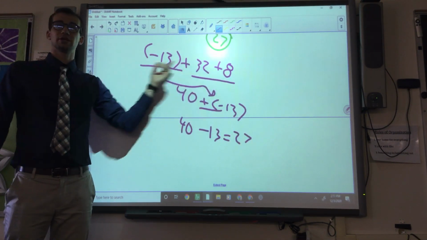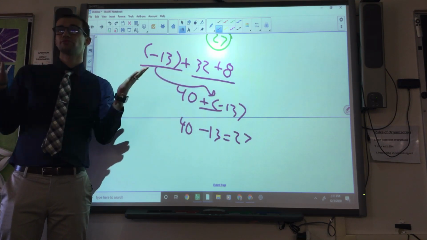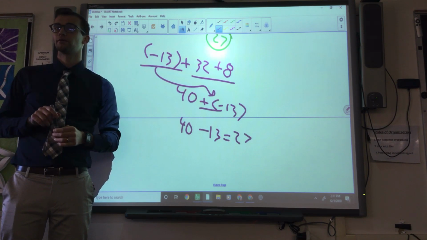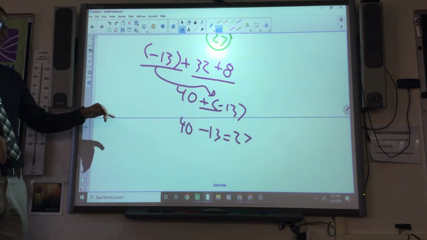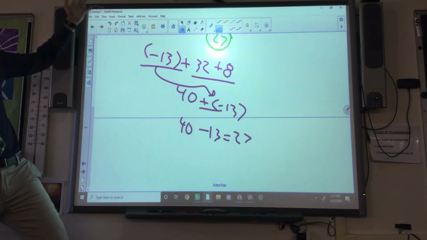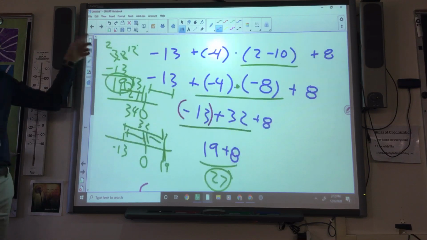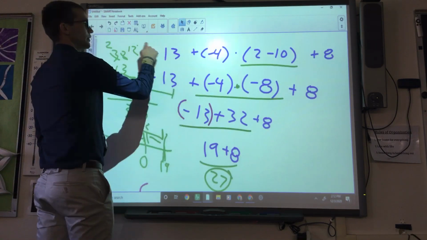But this is the other thing, realizing, hey, these are all addition. If they're all addition, if they're all subtraction, you have to throw that out the window. Actually, that's too many things to throw at you, I'm not going to throw that at you yet. But that's how that works. So that's one way of doing it, just doing it straight like that. The other way of doing it,